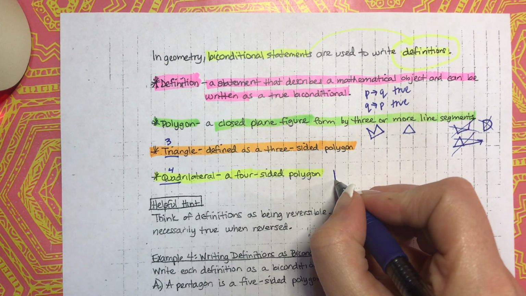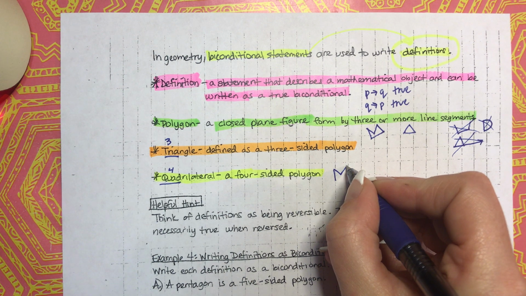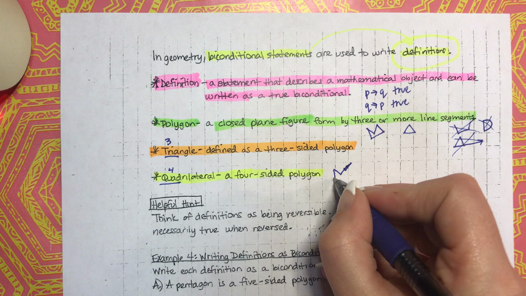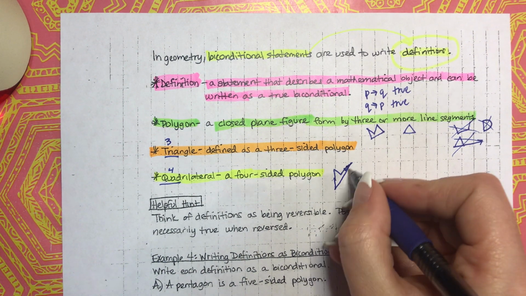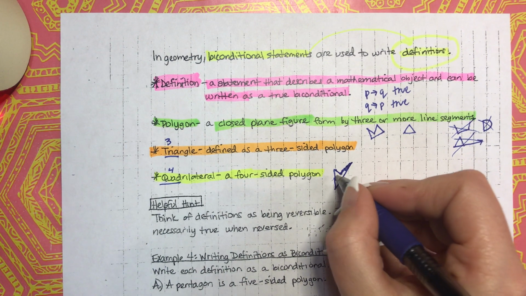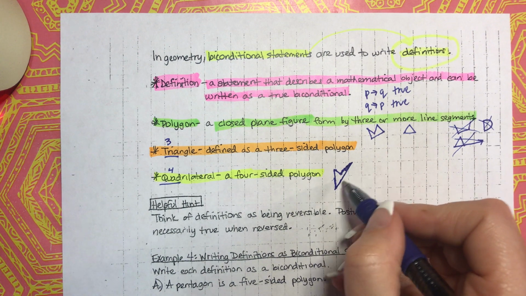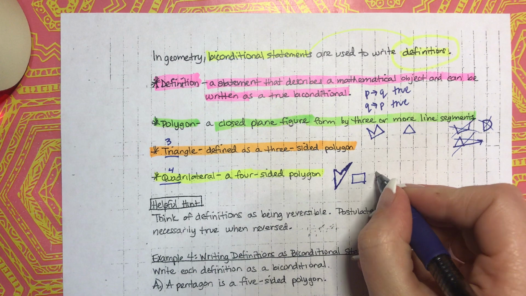So, 1, 2, 3, oh man. Oh, I'm gonna run out of room. I'm gonna have to make this one longer. It's gonna have 4. Okay, 1, 2, 3, 4. That wasn't a beautiful one. That was kind of weird, but they're straight. 1, 2, 3, 4. It's 4-sided. Okay, a square,